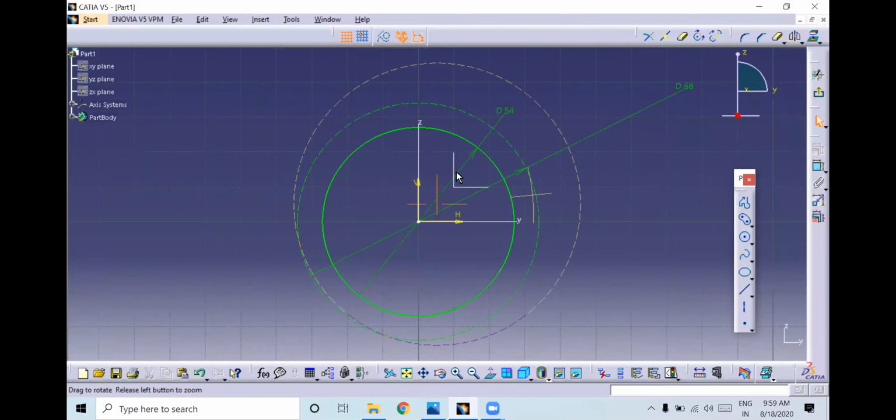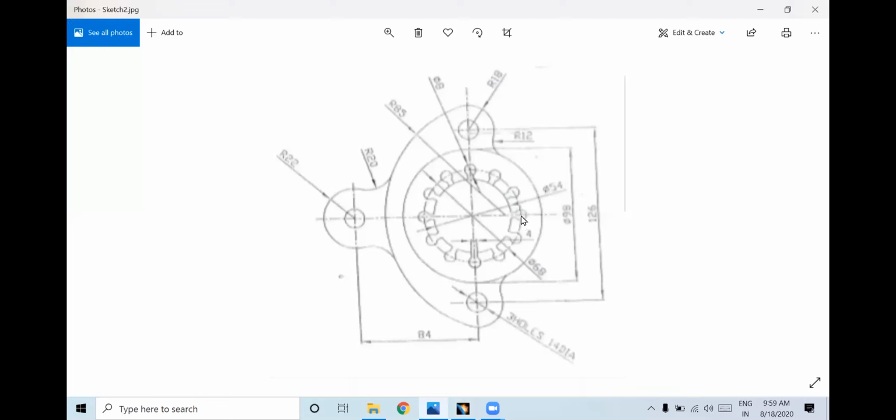Fine. So here we'll create only one part of this. See, already we have created this, so we'll try to create this. Here it has given the dimension. The dia of this is 8 dia. The center point of that circle has coincided with the dotted circle, right?